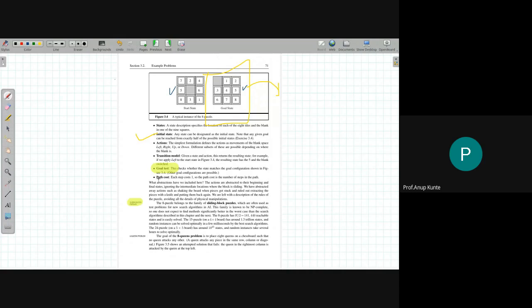Okay, ये problems क्यों necessary है? ये प्रॉब्लम्स example problems हैं जिनके ऊपर अगर मैं कोई नया AI technique develop करूंगा, then I can test those techniques for their worth